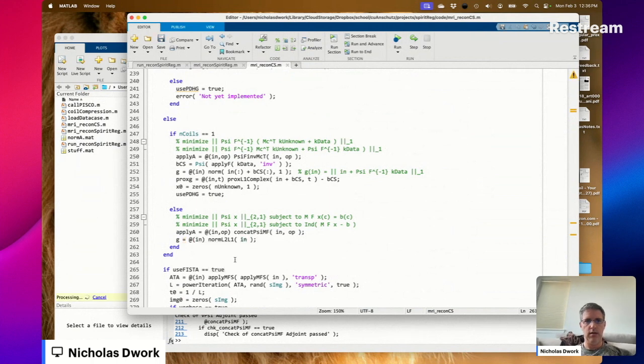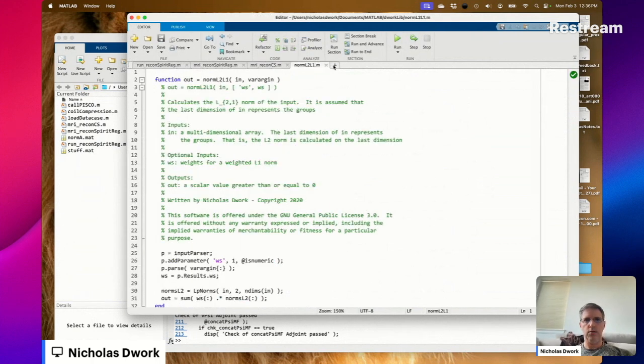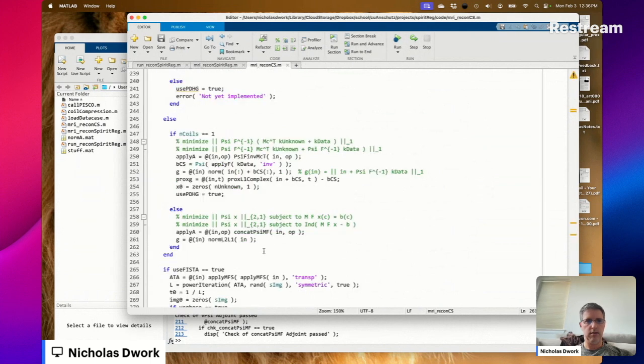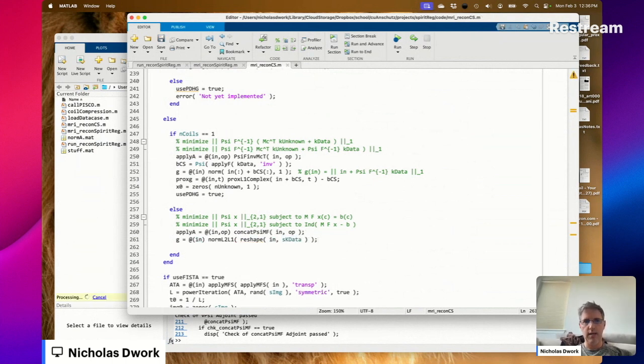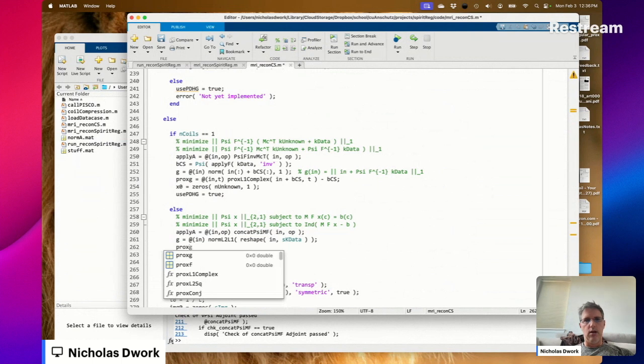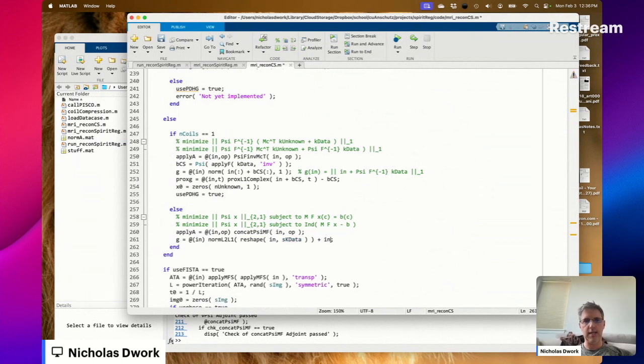What are the inputs? Oh, the weights, okay. Now here, G really does need to be something of size SK data. So I'm not sure I need that, but we're going to have it there just in case I do. Hopefully we'll remember to check, but if we don't, it'll work. Okay, prox, whoa, plus the indicator function of